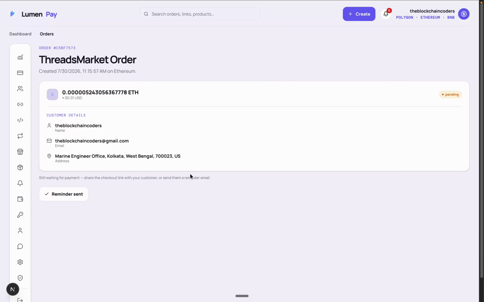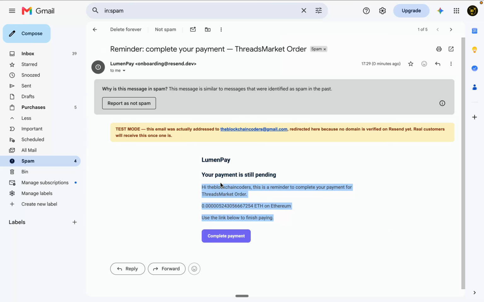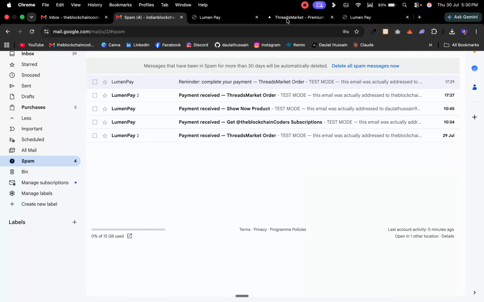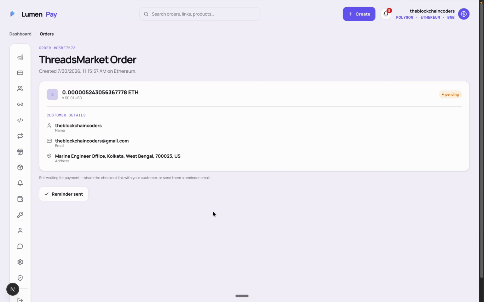the email. So the email is sent, and if I come back to the email, you will find that here we got the email, complete your payment, and you will find all the information. If I come back here, you will find the received payment reminder. That's all you will find. So we are receiving the email successfully. If I come back here, I can simply send the transaction and the user can open it and they can make